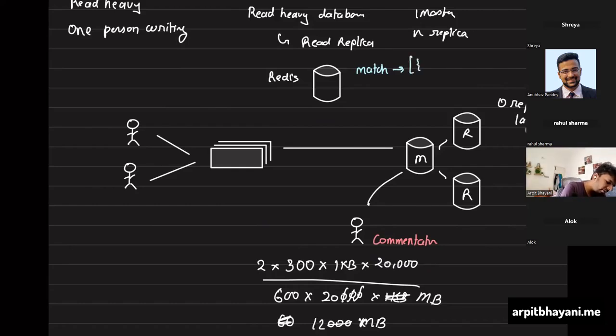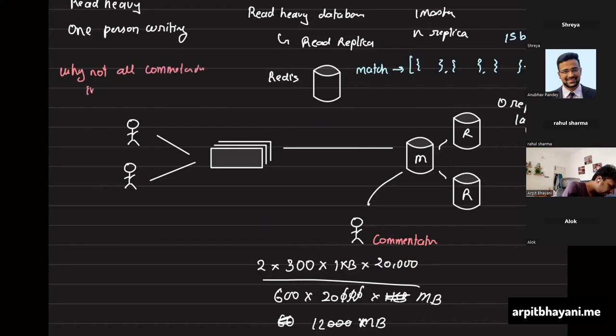So for each thing, we'll have the entire JSON stored in our actual database itself. And for the last, let's say, 15 balls, we are storing it over here. But I don't think this is very large data. Then why didn't they store all the data for that match? We just saw that for these many matches, we are taking just some 12 GBs. Then why not store all comments for that match in Redis so that you don't have to click on that button? Great question. Why not all